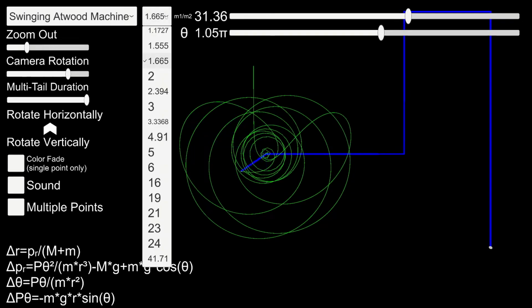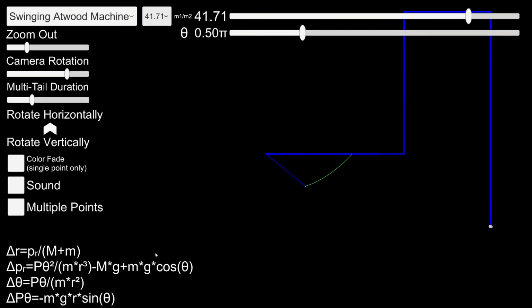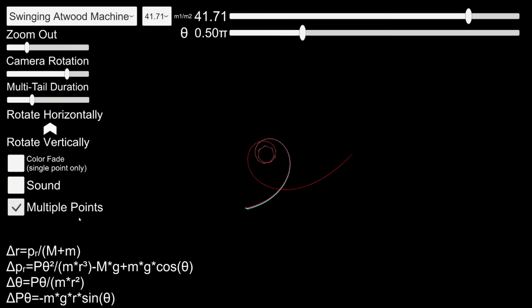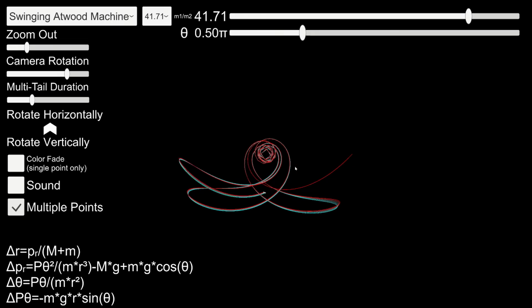But I've also included some interesting ones for you to look at, such as this one. I believe that this one is periodic but asymmetrical, and it takes probably a minute or two for it to start to repeat. I've also included the ability to have multiple points. I remove all the pulley stuff because it ends up being a little bit too much going on. And instead of deviating by 1/10,000th of a unit, I have the mass ratios deviate by about 1/10,000th of a unit. So again, this mass ratio is 41. So the mass ratios of these various points are going to deviate by about